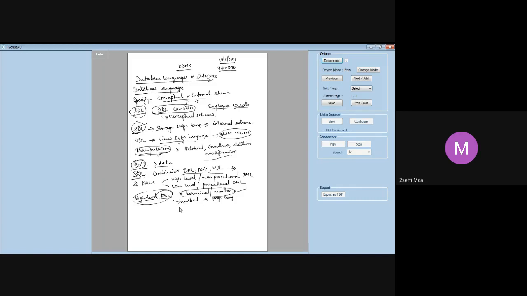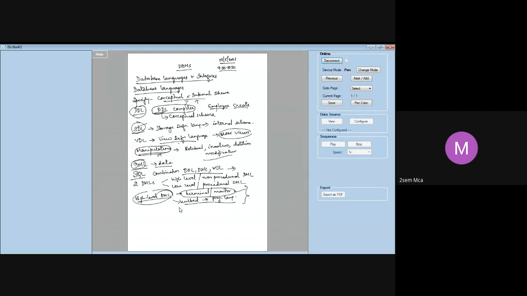We are trying to enter the command through the terminal. Is it not? Insert into table name values, so many things we are doing, or we are trying to update some data. All that, how are we giving the commands? We are giving the commands through the terminal or through the monitor. Either you can do it like that, or you can also embed these DML statements in a programming language. Suppose I have written a C program. In that, I want to bring in a DML statement. So that is what you call high level DML statements or the non-procedural DML statements.